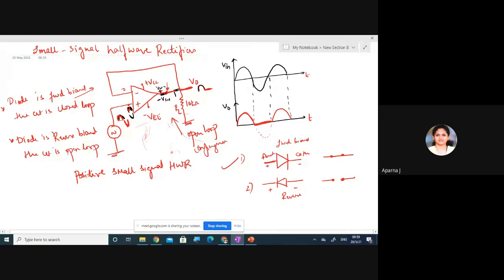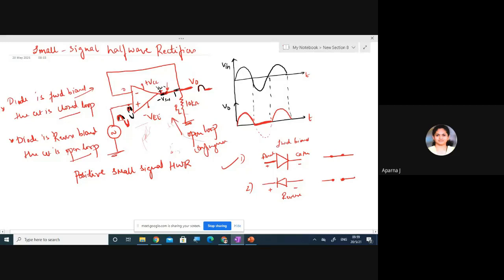You can see that continuously, once there is a positive cycle, it is in closed loop configuration. Once the input is a negative cycle, then the circuit is in open loop configuration. So continuously it is switching between open loop and closed loop,